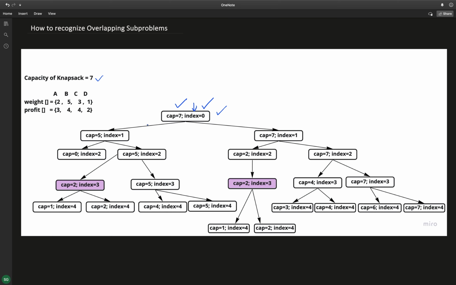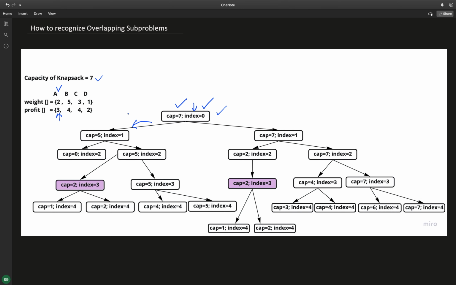Now we are making a recursive call to the same function. When we go left, we consider the item at index 0, that is A, and its weight is 2. So the capacity of the bag that remains is 5, because initially it was 7, and 7 minus 2 is 5, since A is already kept in the bag. Now we will call this function again for index 1.